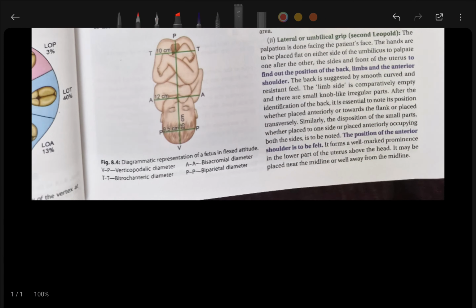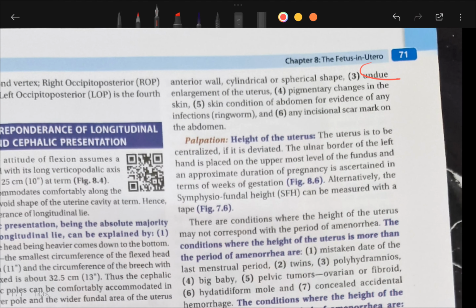Next, undue enlargement of the uterus, and the size, how big the uterus is. For fundal height you see in relation to the umbilicus. You have to see whether undue enlargement of the uterus, meaning an abnormally large uterus, is there or not. In case of polyhydramnios, you see more fluid and the uterus will be abnormally enlarged. Then pigmented changes: this is the umbilicus, this is the pubic symphysis, this is the linea